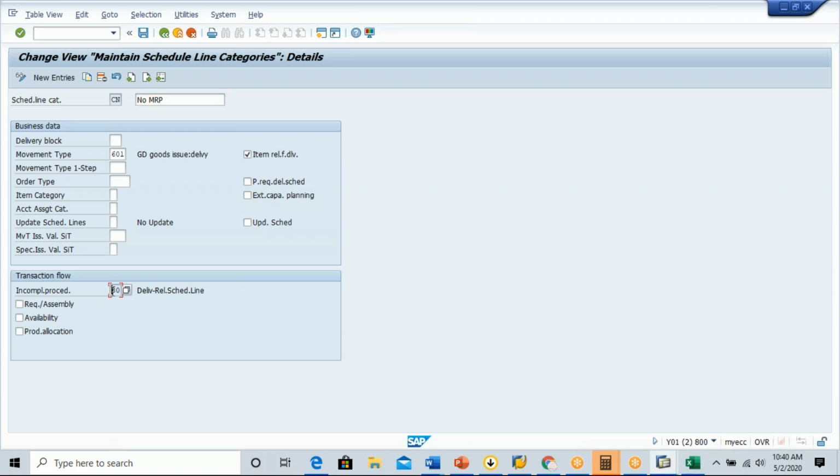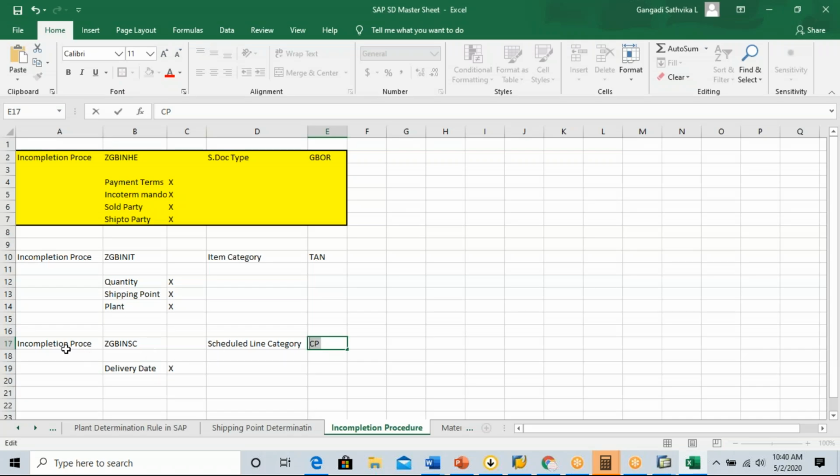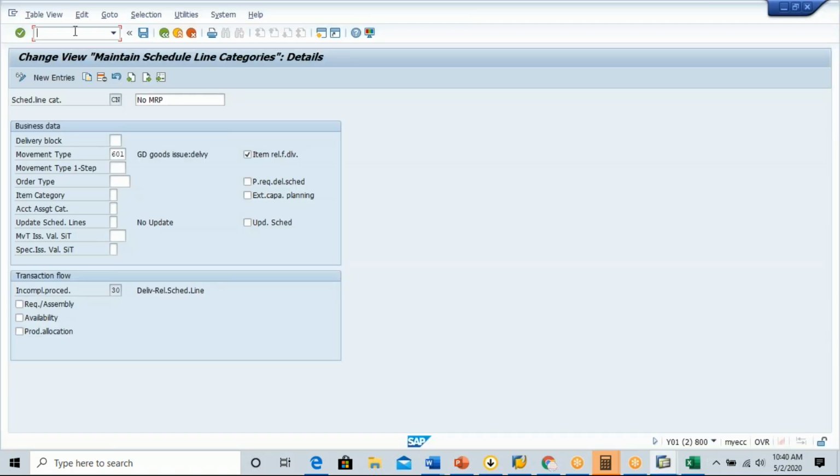And other than this, what we are assigning here is the incompletion procedure also. That is what I am telling. So we can define the incompletion procedure and we can assign that incompletion procedure to the schedule line category. And in a similar way, if I go to the item category,